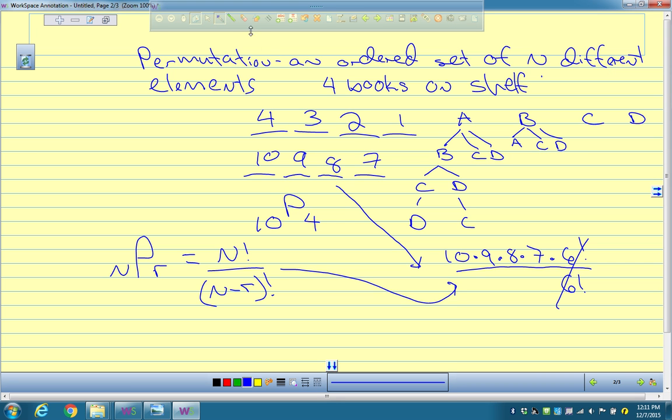So, what if you're playing baseball? You want to know how many different